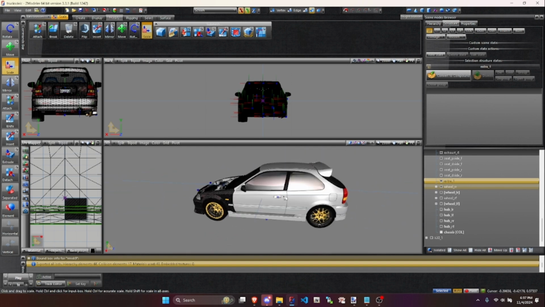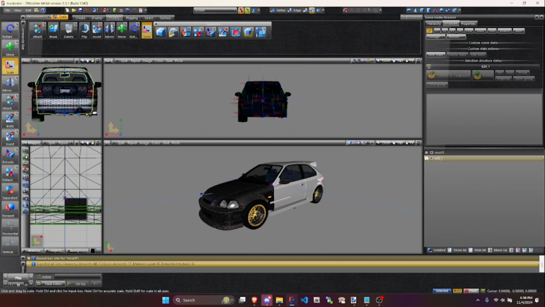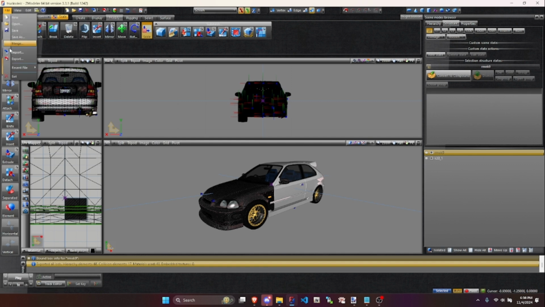Next, what I'm going to show you guys how to do is export it and save the textures. So make sure you do show all. Now, if your car is mod kitted like mine, you're going to have two separate things here. You're going to have the engine and the actual car. So go here to File, go here to Export,